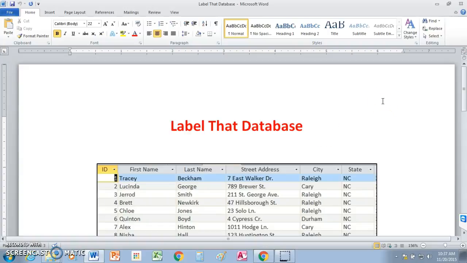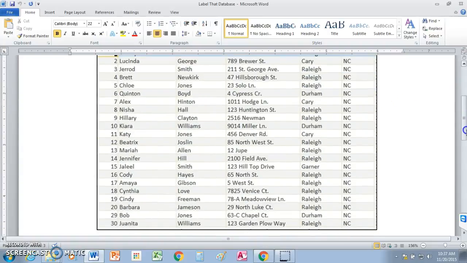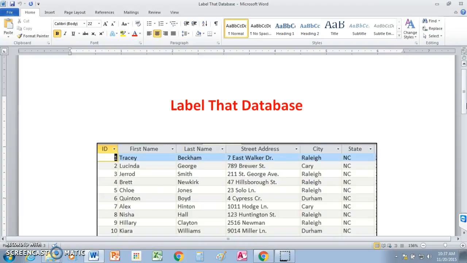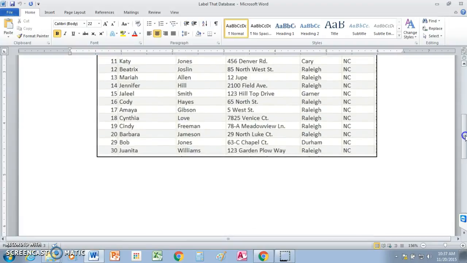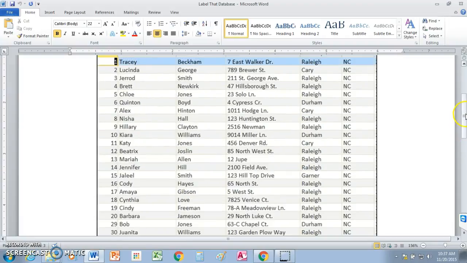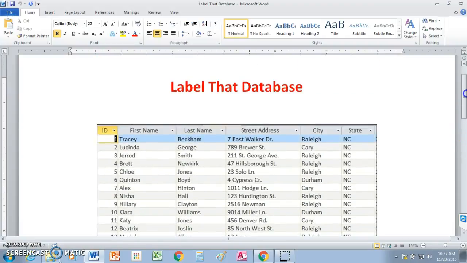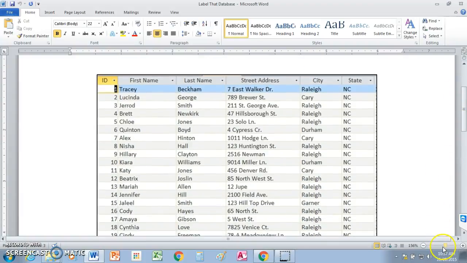Okay, you're going to download this file. It's actually a Word document. But what you're going to do is label the database. This is actually just one table, but keep in mind that a database has to have either one or more tables. All right, so the first thing you're going to do